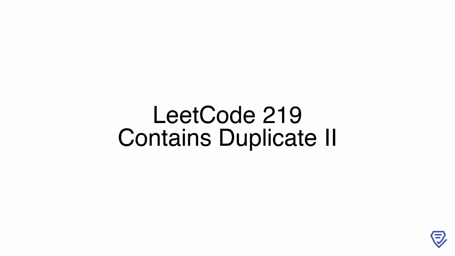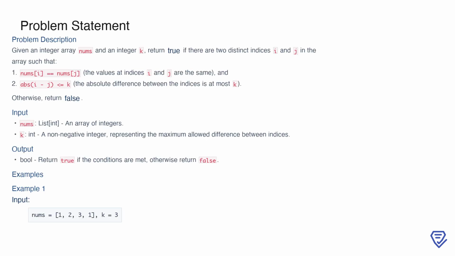In this session, we'll dive into solving LeetCode problem number 219, Contains Duplicate II. This problem is a great opportunity to explore efficient ways of detecting duplicates within specific constraints. Let's get started. The problem asks us to determine whether there are two distinct indices in the given array where